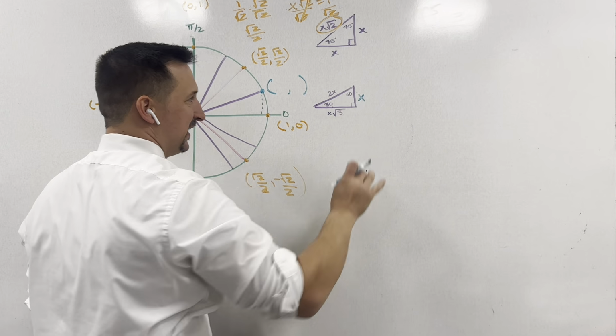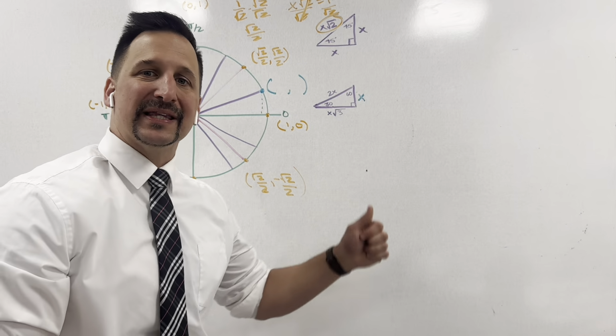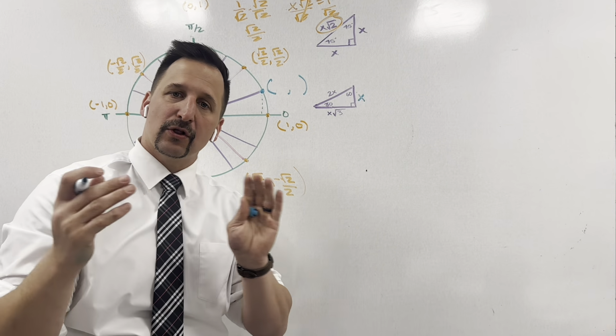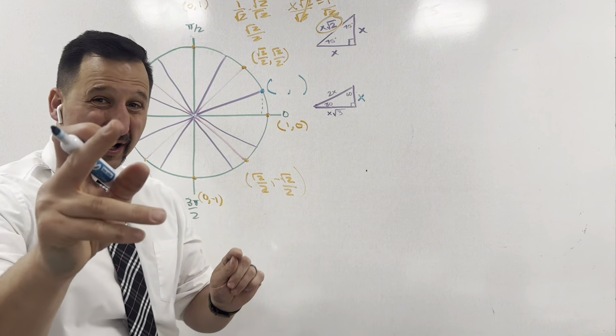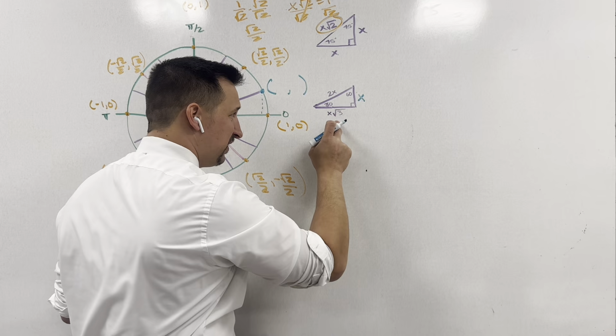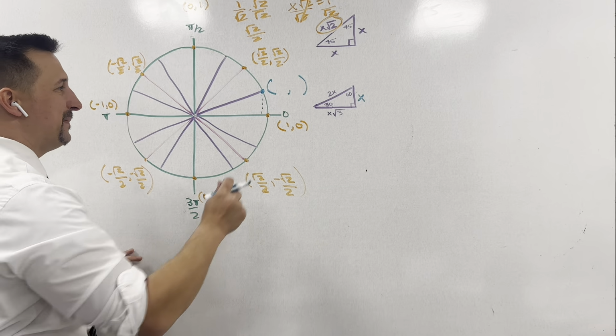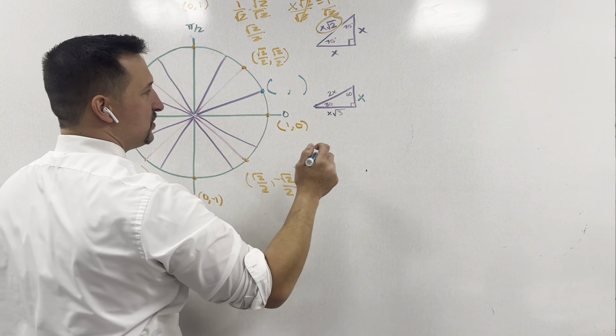Whatever the short side is, we multiply that by 2 and you get the hypotenuse. And then whatever that short side is, we multiply by the square root of 3 to get the long side. So the long side is always across from the 60 degrees. The short side is always across from the 30 degrees. So what that means is we are going to